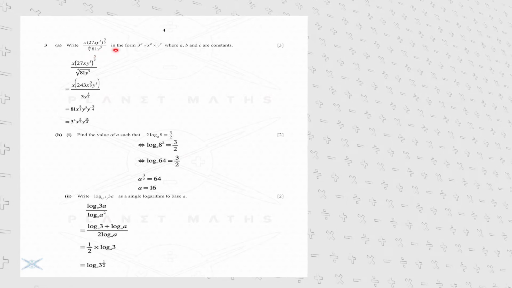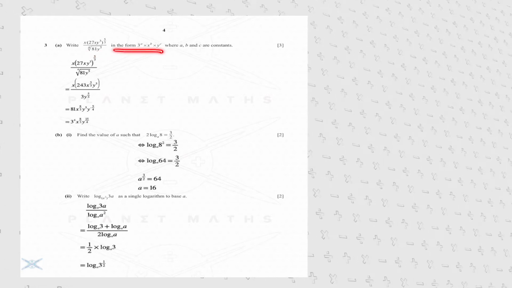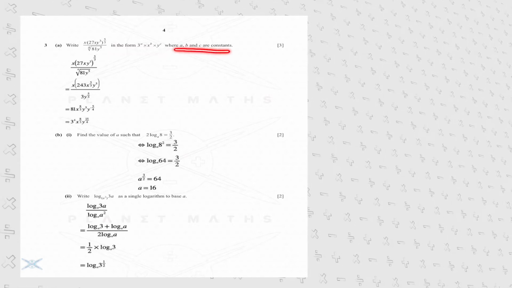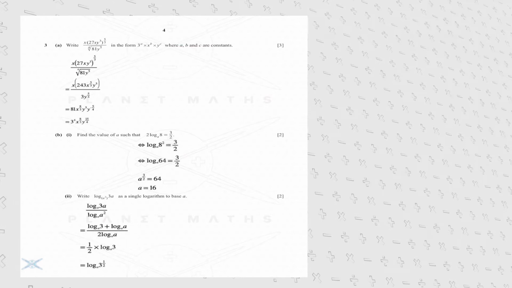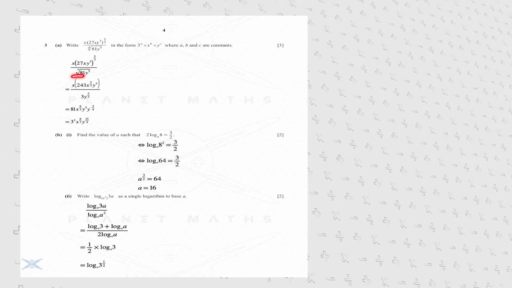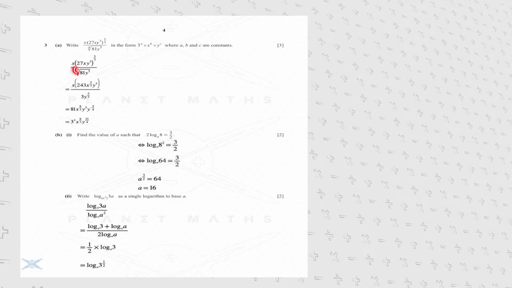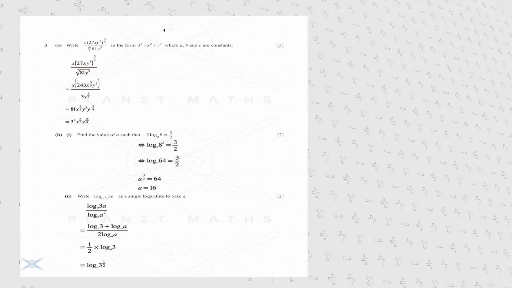In exercise 2 we are supposed to rewrite the fraction in the form 3 to the power of a multiplied by x to the power of b multiplied by y to the power of c, where a, b and c are constants. In the first step we simply expand this power bracket and simplify the denominator by taking the root of 81, which is 3, and doing the same thing for y to the power of 5, which equals y to the